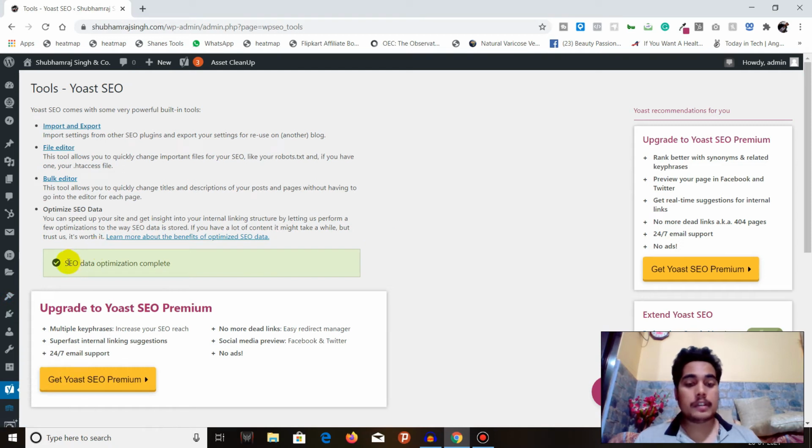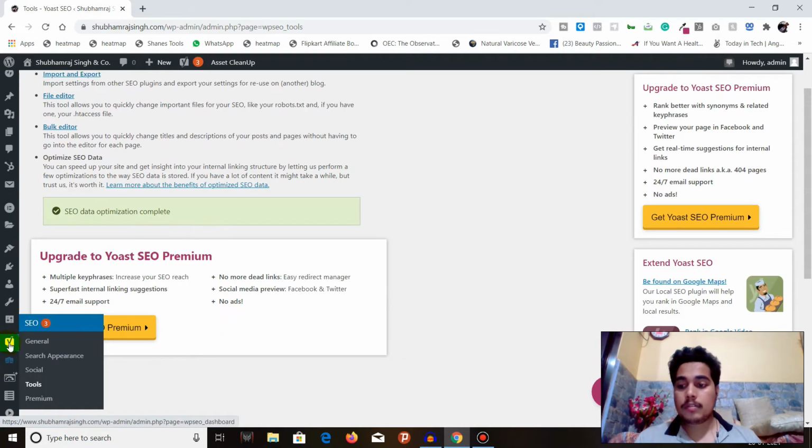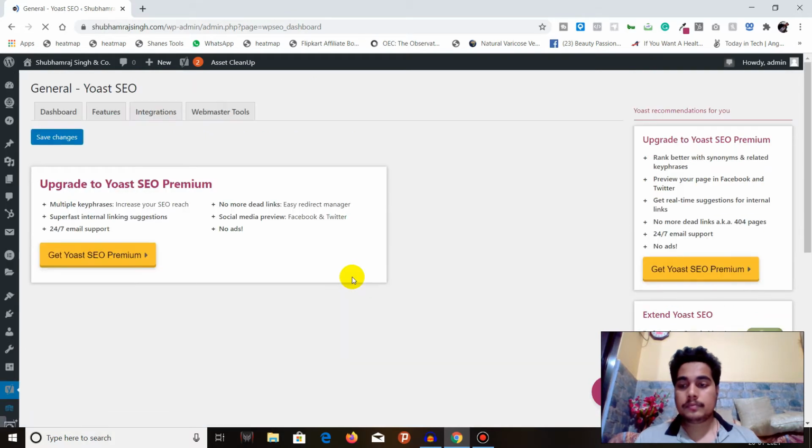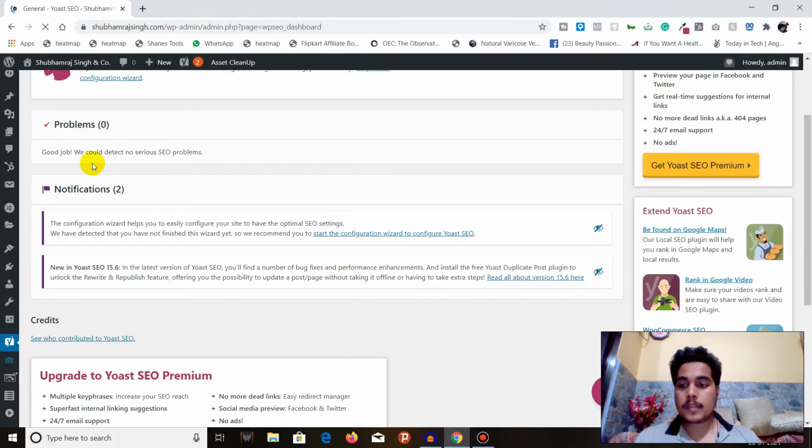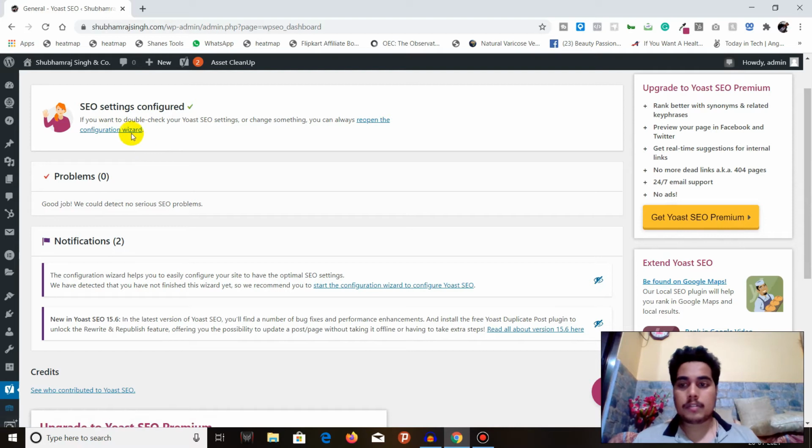So you can see here SEO data optimization complete. So I will go back again to the dashboard from here. So you can see the configuration wizard helps you to easily configure your site to have optimal SEO settings. Okay, so we already went through the SEO configuration wizard, so we don't have to